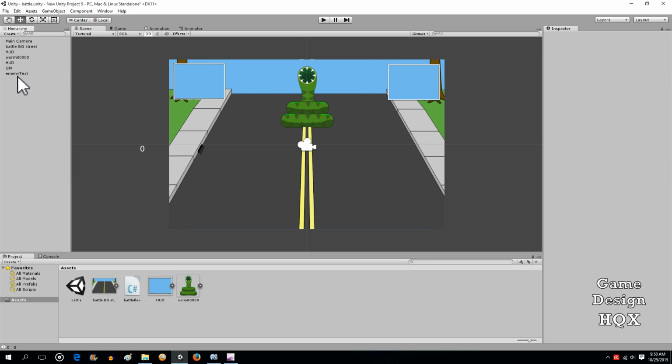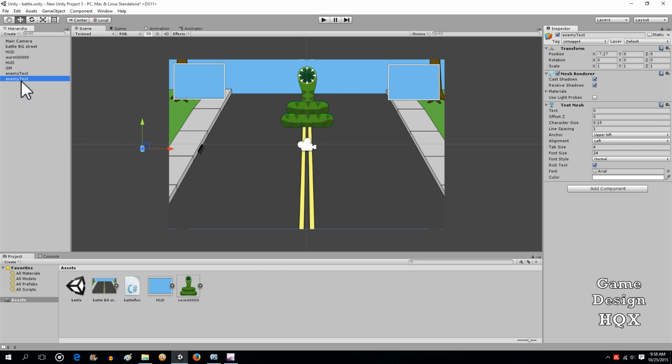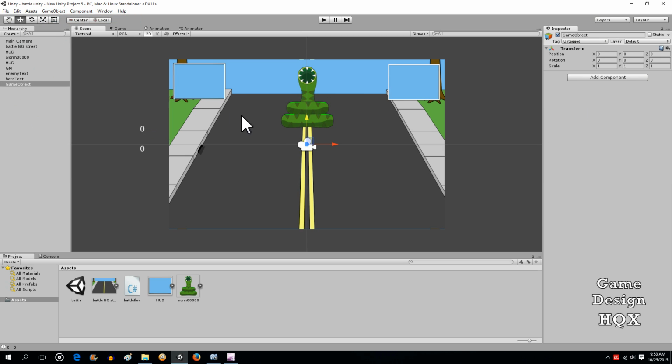We can actually copy this object, paste, change the name to Caro text. Just move them over. That way you don't have to redo all those settings. And then we're going to create a couple more. This is going to be